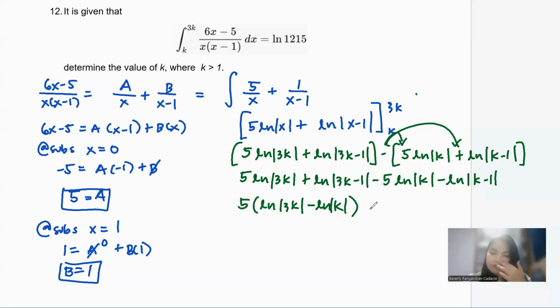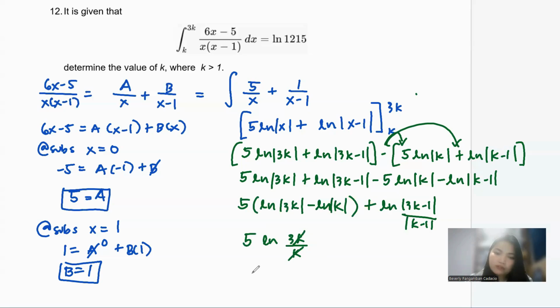Sorry if there's a lot of symbols there. And then the other one is the same thing, ln 3k minus 1. And actually, you can just divide them. This one, ln 3k minus ln k minus 1. So I can just divide that by k minus 1, right? And this is also what I want to show, that you can just divide that. But I just want to show that you factor out 5 so you can really combine the ln 3k and k. And once you combine that, you can cancel this one.